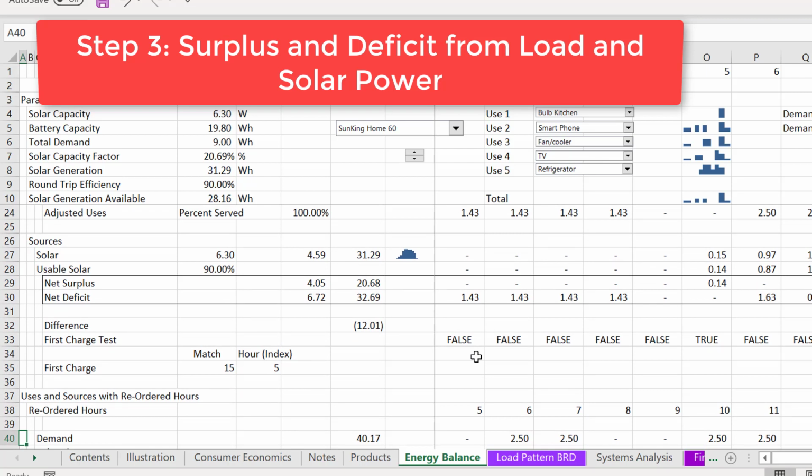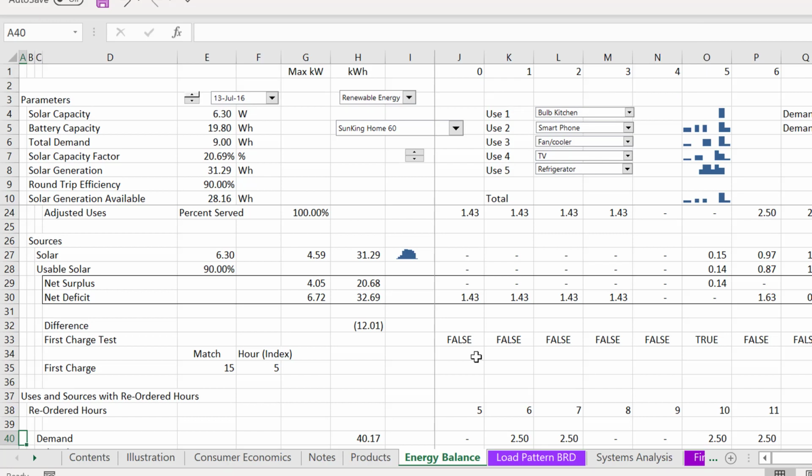I thought, there must be a way to do this. You don't really have to do this. You do not have to reorder hours. That can't be right. Now, I suppose if you had every single hour of the year, you could just start with the first hour and then keep a tabulation of the battery. But if we're just doing typical days, which I am going to do,